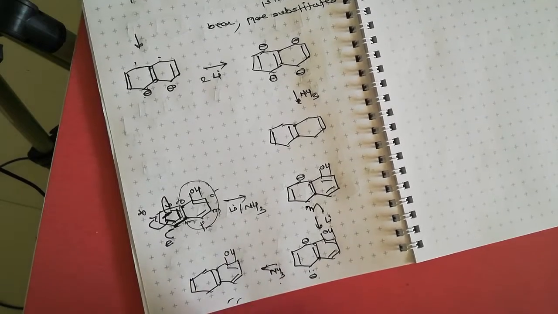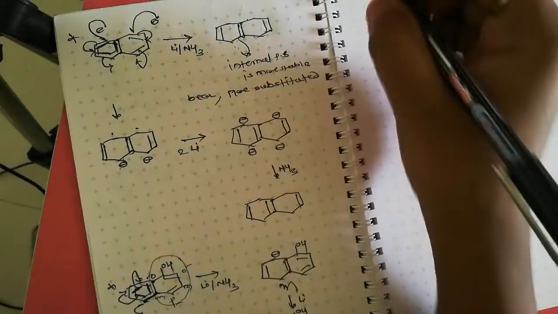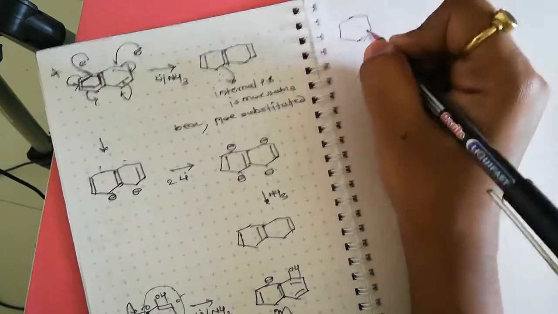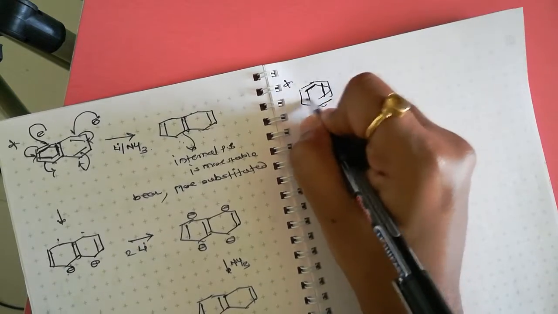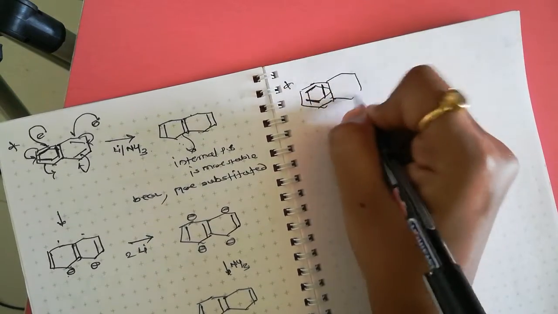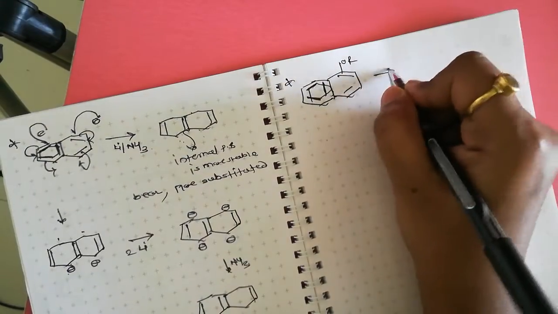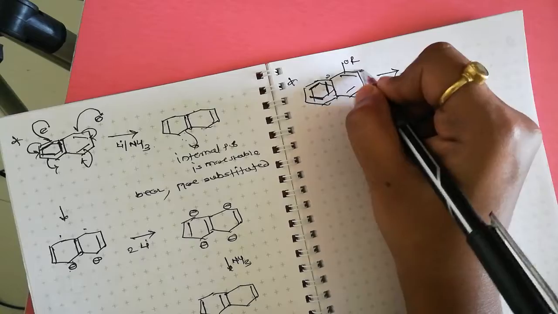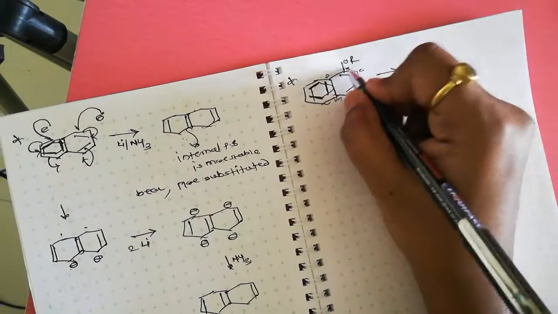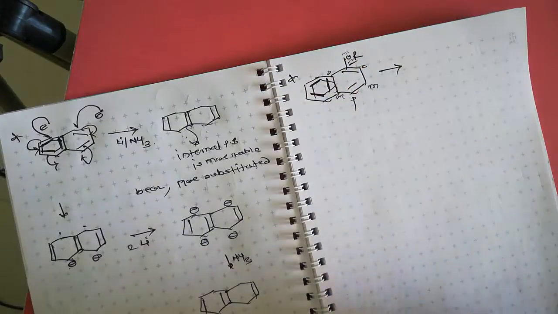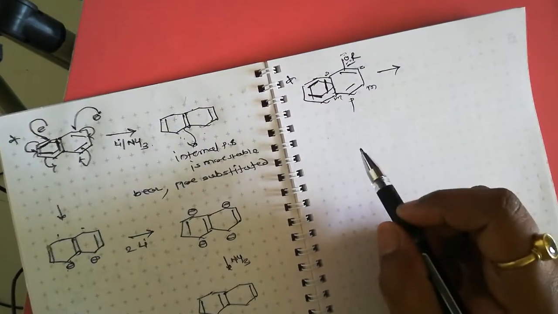We get this product. Now we can see the next example. If there is an alkoxy group, here is the alkoxy group, what is the product? As we know, the ortho position is electron rich, meta is electron withdrawing, and para is electron rich, because this group is electron donating. After drawing the resonance effect, at the ortho and para positions we get negative charge.